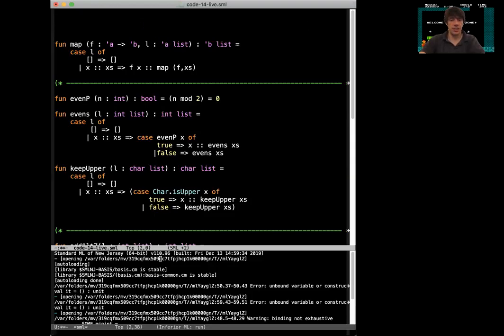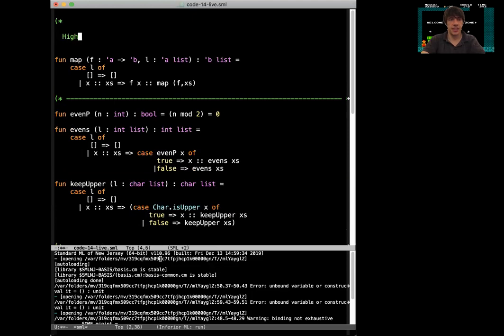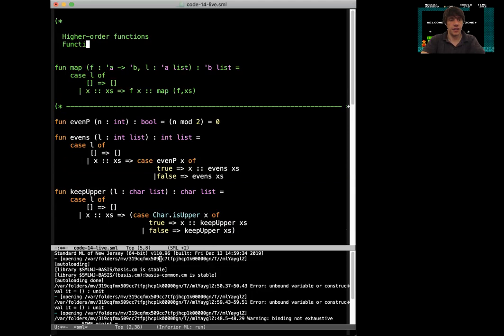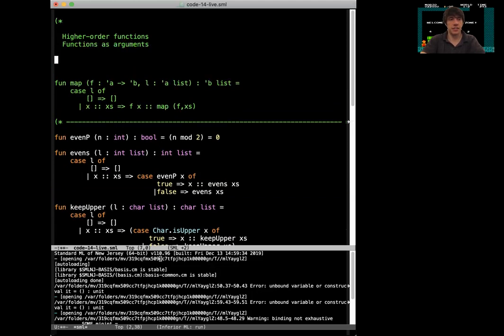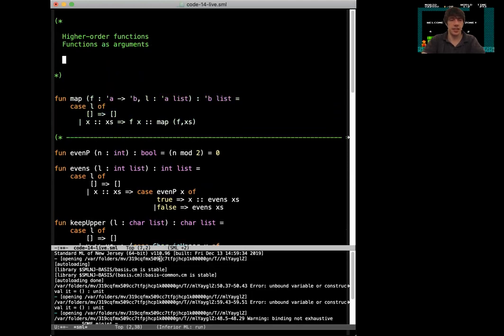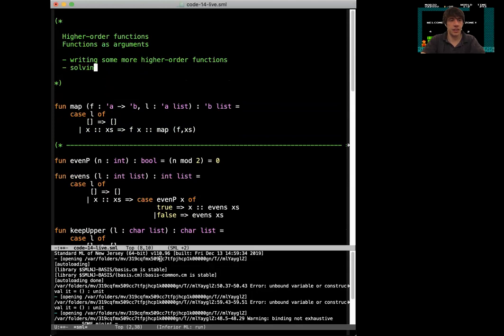Okay, hi everyone. So what I want to talk about today is continuing with the idea of higher order functions or functions as arguments from Monday's class. And in particular, there's really two things we'll talk about today. So one is writing some more higher order functions, and the other is solving problems by writing a pipeline